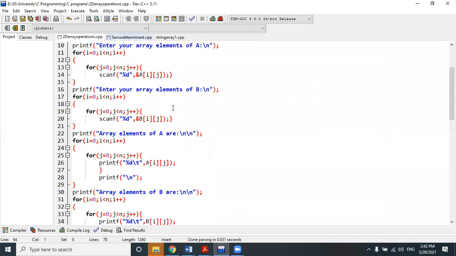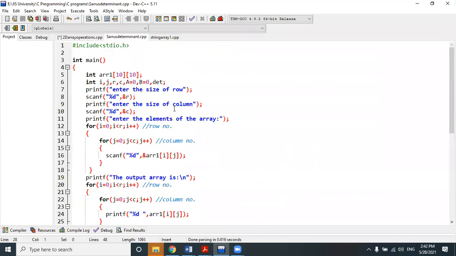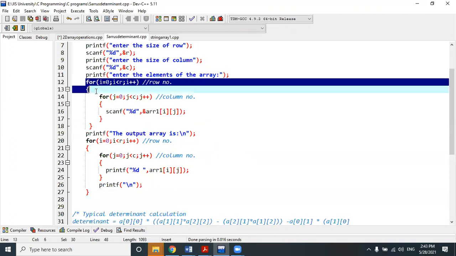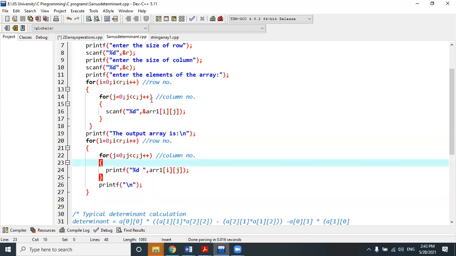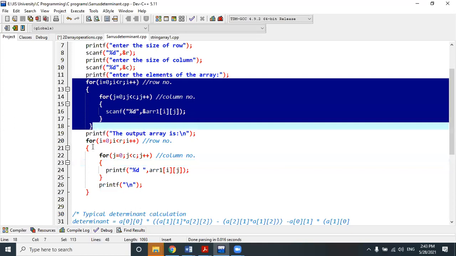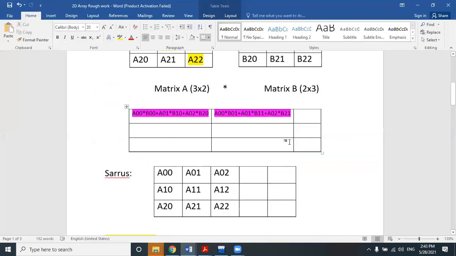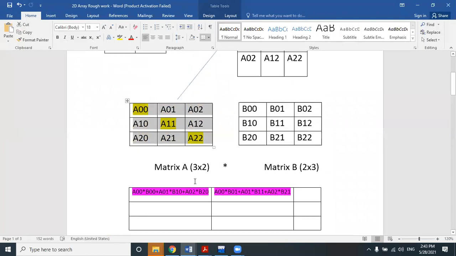The next important thing, and you can say that this is probably the last thing that I want to show regarding 2D arrays or matrices: how we can perform a determinant calculation of a matrix. So we have to take one matrix as an input, and I have printed the values of the output matrix, the matrix which we have taken as an input, in the form of a matrix. Now, how can we perform the determinant calculation? Can anyone tell me how we can perform a determinant calculation of a matrix? Suppose we have this matrix, and we have to perform the determinant calculation. How can we do that?